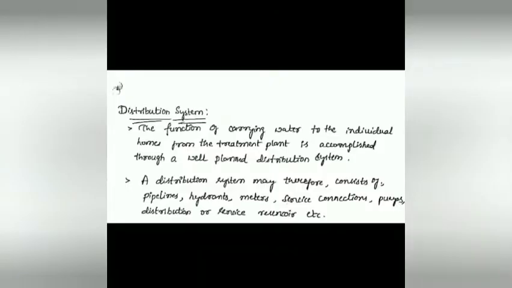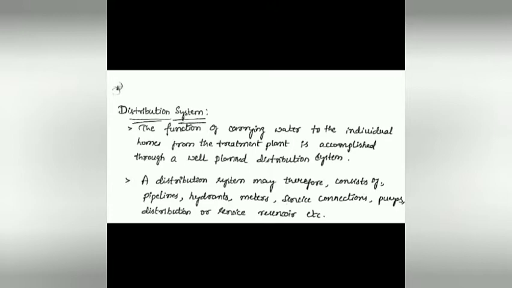The topic we are going to discuss is distribution systems. Under the study of our water supply subject, we have many times used the word distribution system. This is a complete system that is laid out in areas in order to distribute the water which is carried from the source to the treatment plant, and after sufficient treatment, stored in the overhead tanks. From those reservoirs, it has to be supplied for public use.